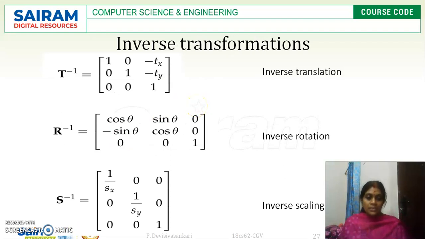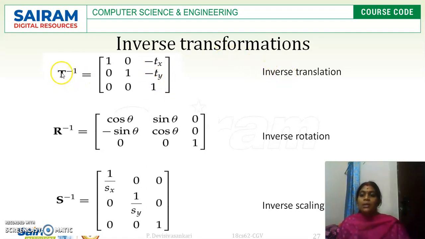and next comes the inverse transformations. By the name itself it implies, if you want to translate one object from one position to another position, right? Again you want to bring it back to its original position. At that time you will be using this inverse transformation, right? So how to write the inverse? Just by changing the sign of the particular matrix, right? So here the translation terms in the matrix will be negative, meaning minus tx and minus ty, so that easily we can invert the translation, right?